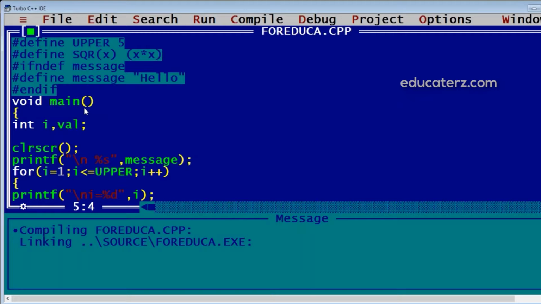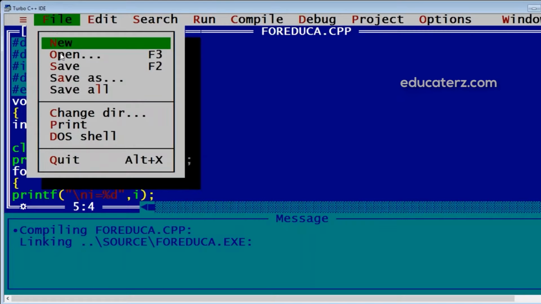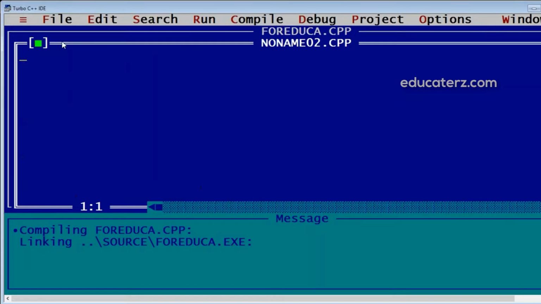Now finally, if we want to include a file into another file, then as we have discussed, we have to create a file. Suppose I create a new file with hash include stdio.h and conio.h, and simply keep one variable here equal to 100.